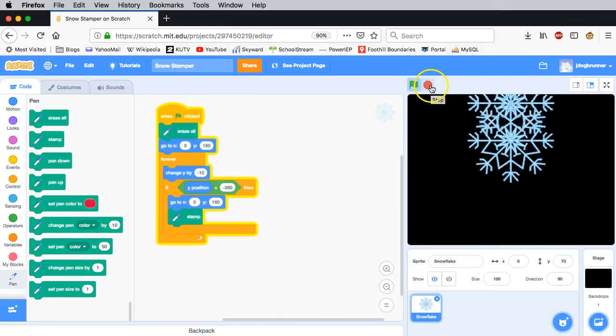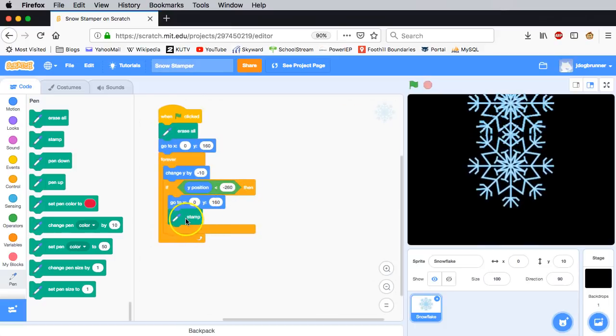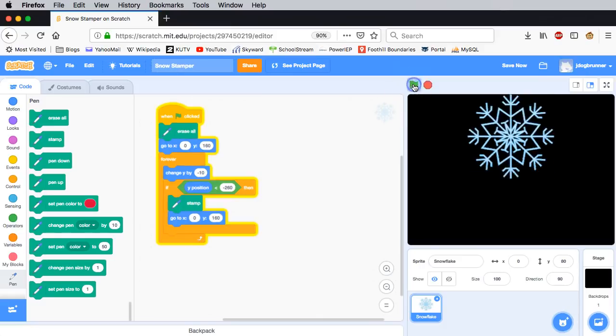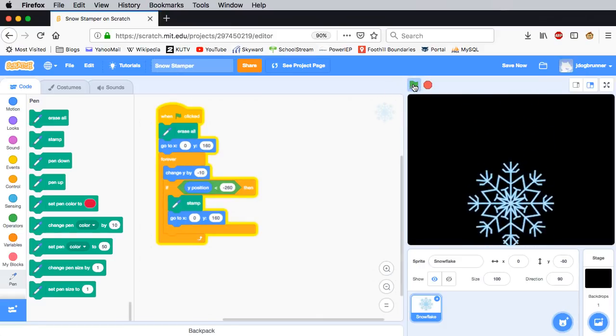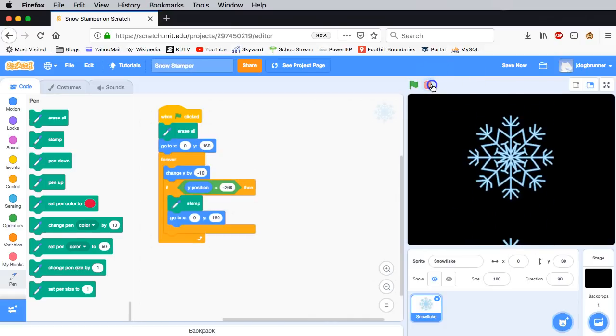Oh, did you see what happened there? I put them in the wrong order. It stamped after it started back over. You want to change the order of those so the stamping happens when it gets to the bottom of the screen. Now that's not super helpful because what we want to happen is the snow to stack on top of each other. So we're going to do an if statement in here